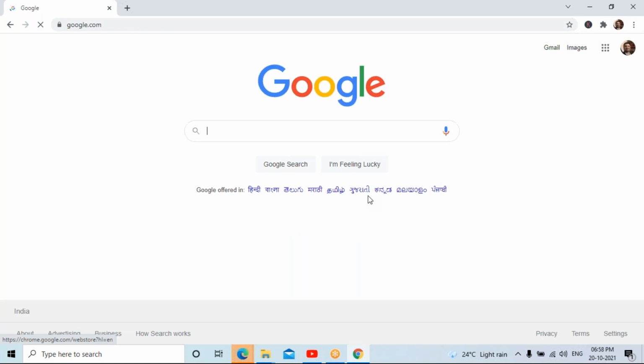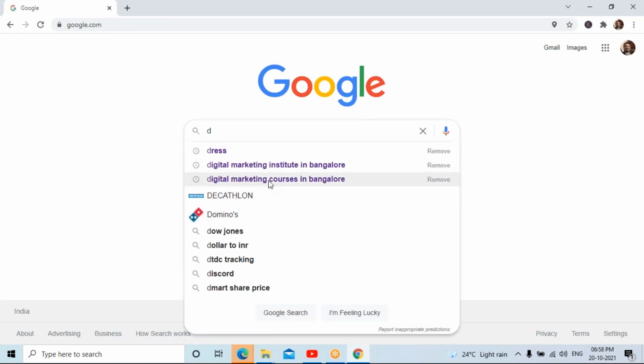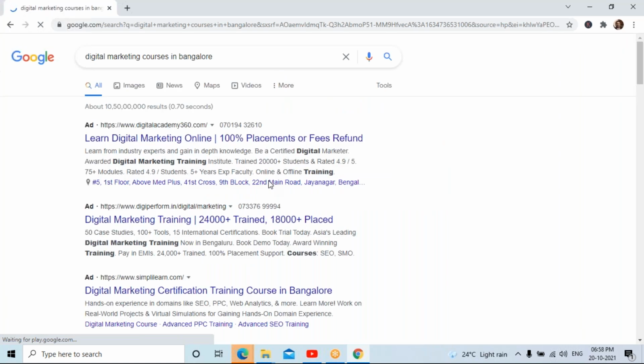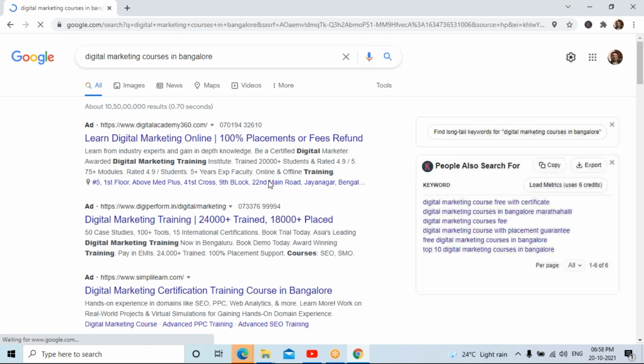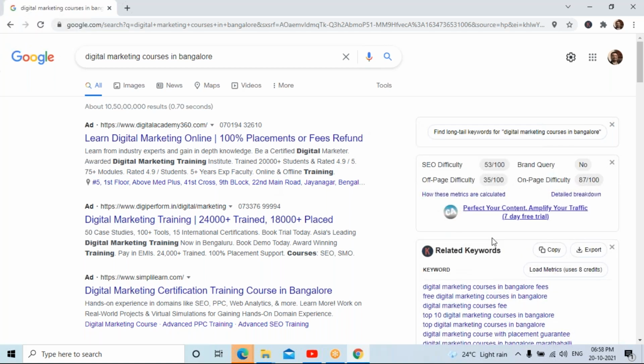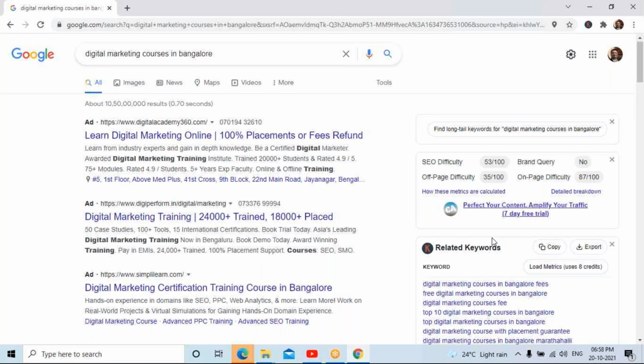Okay, let me go to Google. Here, let me type Digital Marketing Courses in Bangalore. Here you can see the related keywords. What keywords are people searching with?